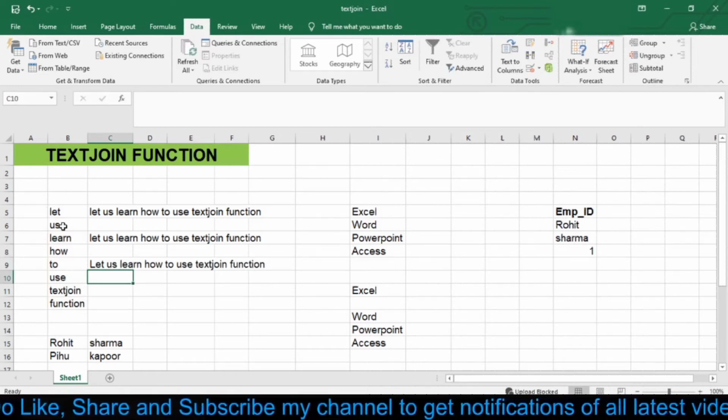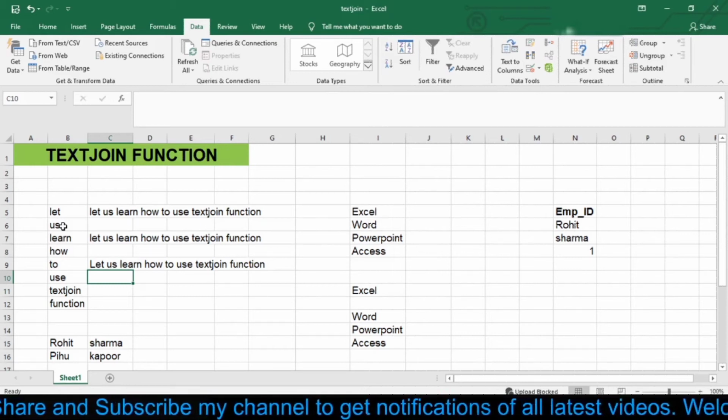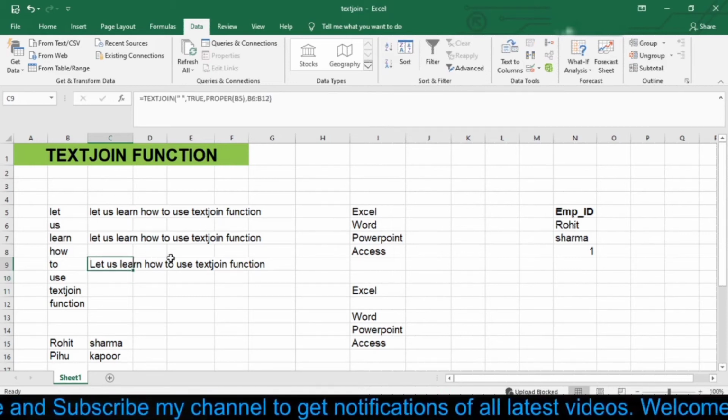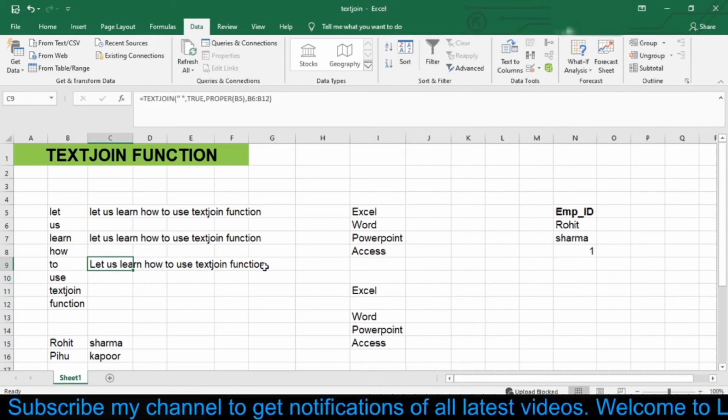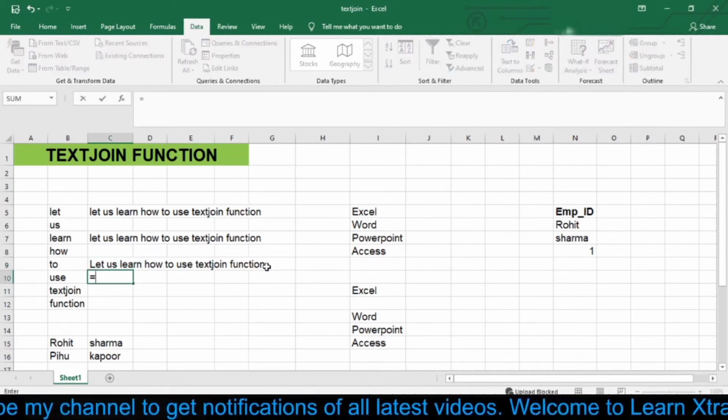So now my text is looking quite good as compared to the previous text, but now I want a full stop after "function". So for this again we will use the TEXTJOIN function.